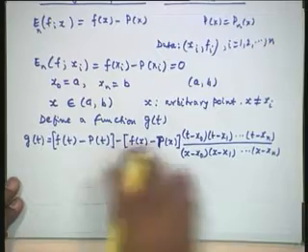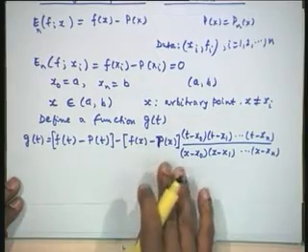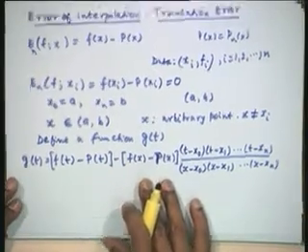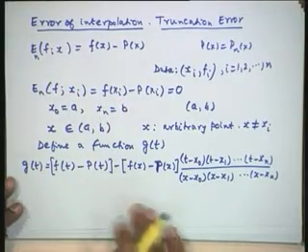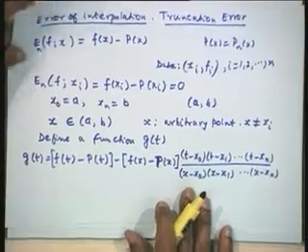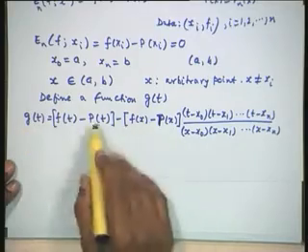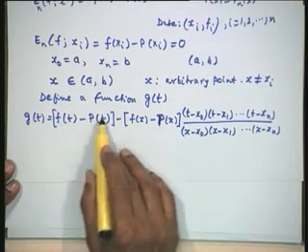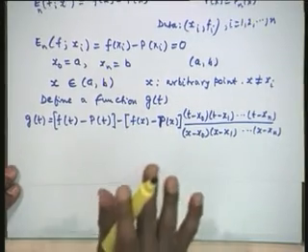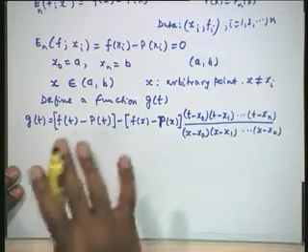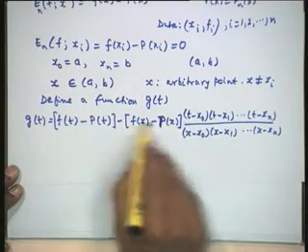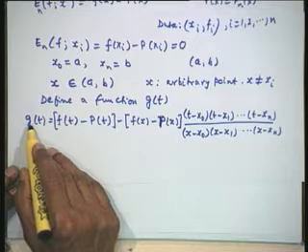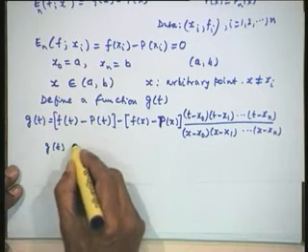Now you will understand why we are constructing such a function, because I want to get from this the expression for E_n is equal to f(x) minus p(x). This function would enable me to find such a quantity. Now let us look at the function g(t). G(t) contains f(t), p(t), f(x), p(x). We are expecting that the data that is given represents a continuous function. Therefore everything here is continuous, and therefore g(t) is also a continuous function.